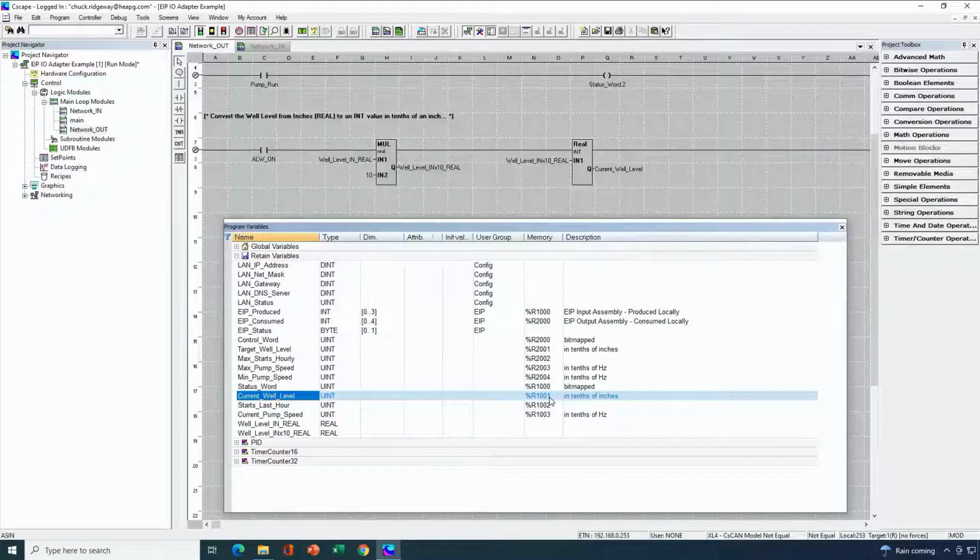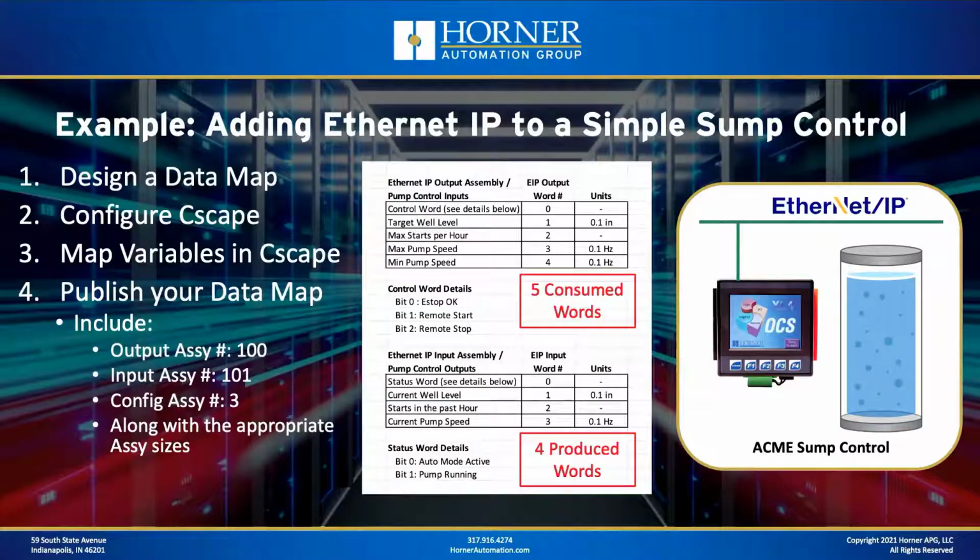Let's head back to our slides now and take a look at the last step of the process. Okay, and that is we need to publish our data map in our user documentation. And it's really the same information that you see in the center there, with the additional information that you need to let your user know that when they go on the Rockwell side to do the configuration on the Ethernet IP side, that the output assembly number that they have to have in order to successfully talk to the OCS